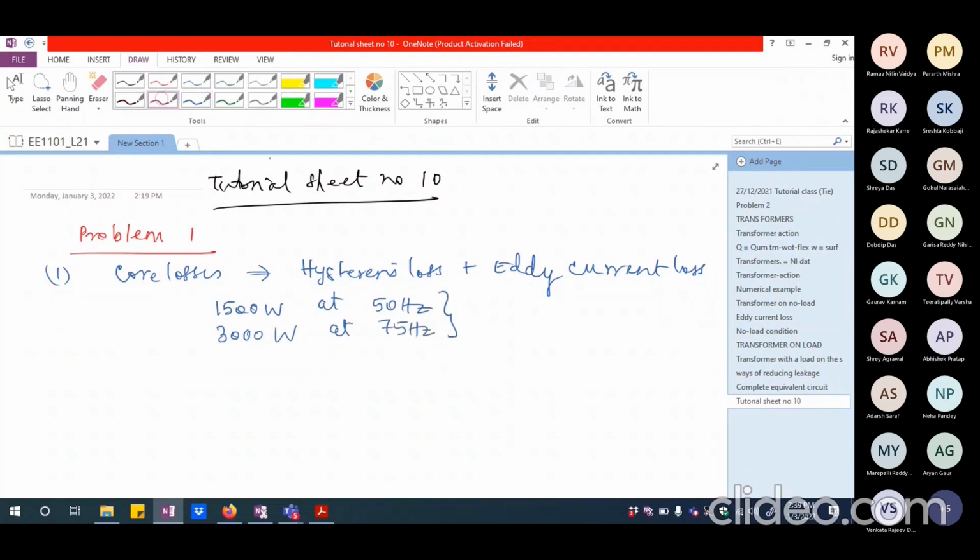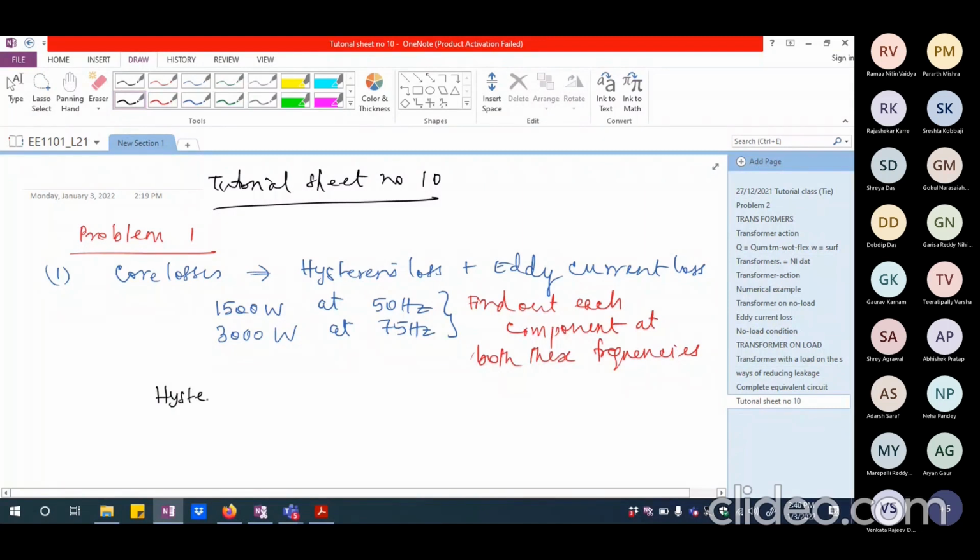Now, what is being asked is to find out each component at both these frequencies. So we are supposed to find out what the eddy current loss is and what the hysteresis loss is at every frequency. When we discussed in the class last time, we said that hysteresis loss is proportional